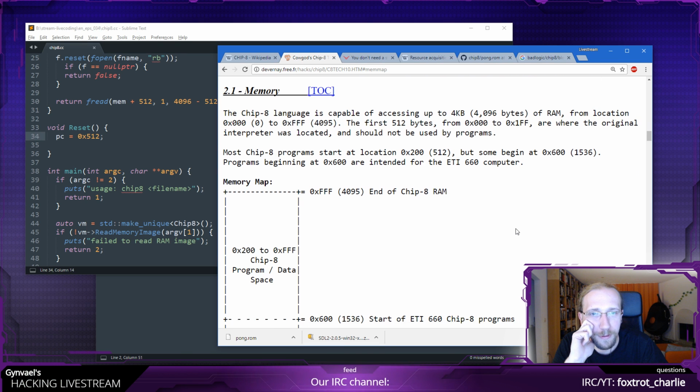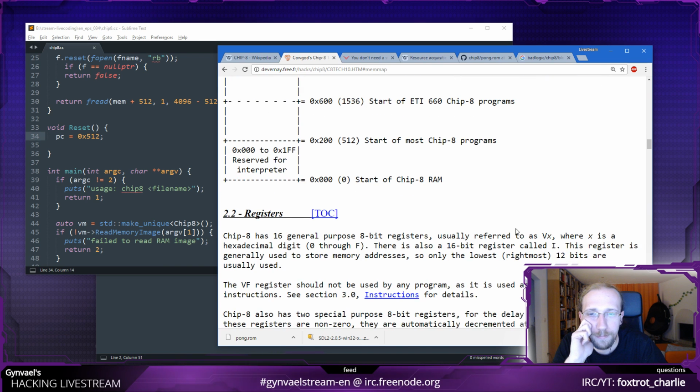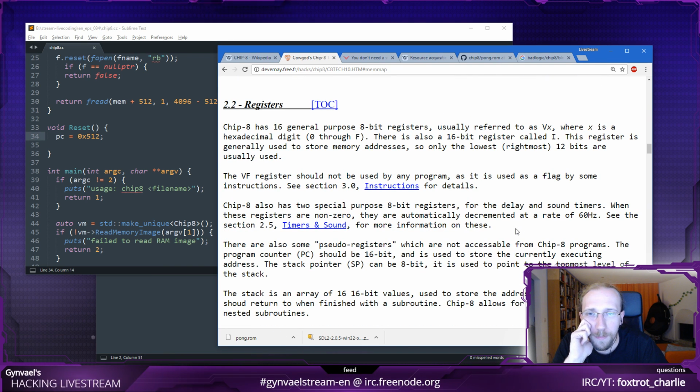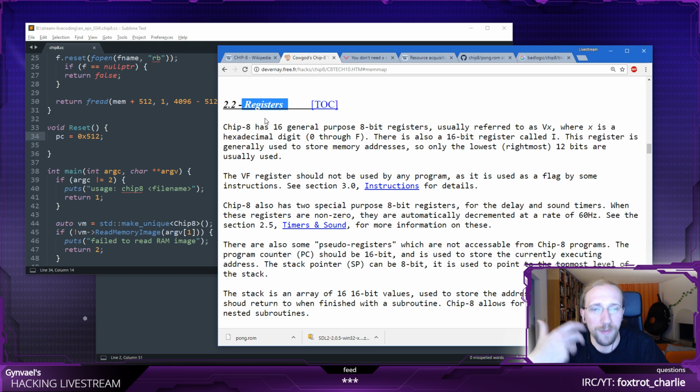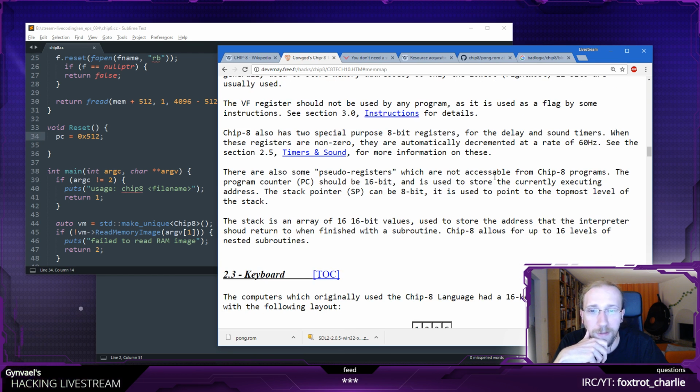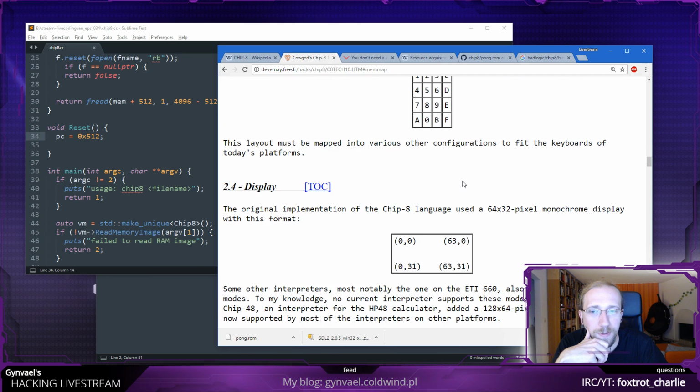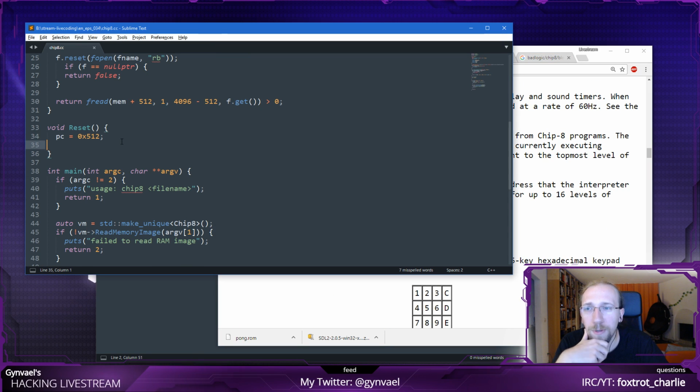It says nothing. I'm going to assume that all the registers are 0 at the beginning, because that's a sane value. I wouldn't assume anything else. I need to implement the timers. I don't think there is anything else here, so I'm going to assume that PC starts here and then maybe change some stuff.